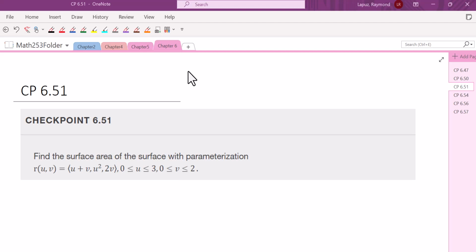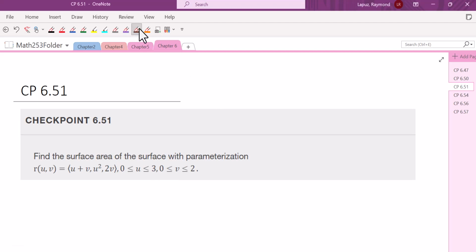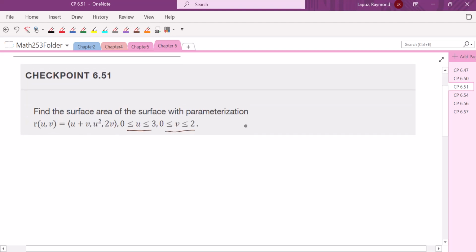In this video, we'll take a look at checkpoint 6.51. They want us to find the surface area of the surface with a given parameterization. So we do have the limits here for us already. That's great. We have limits, and we just have to remember that the surface area formula will be